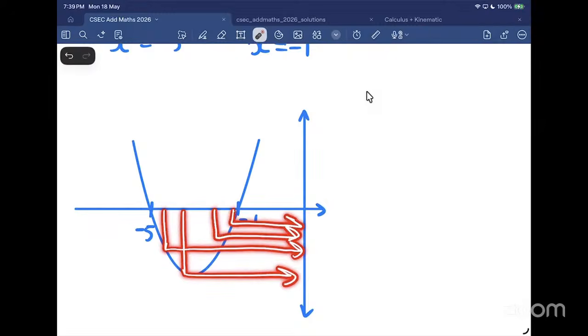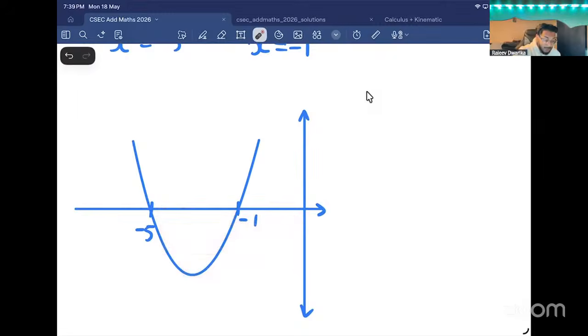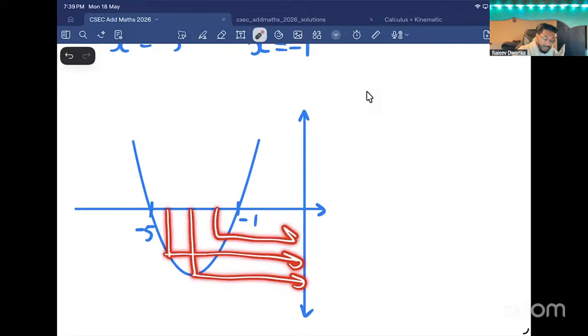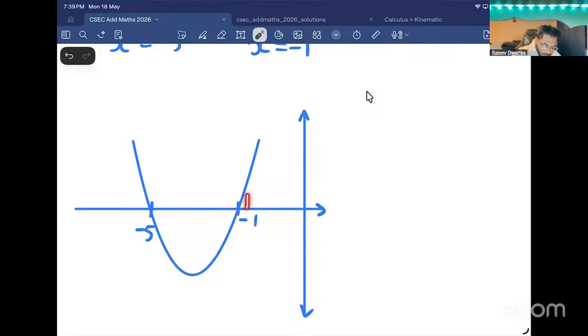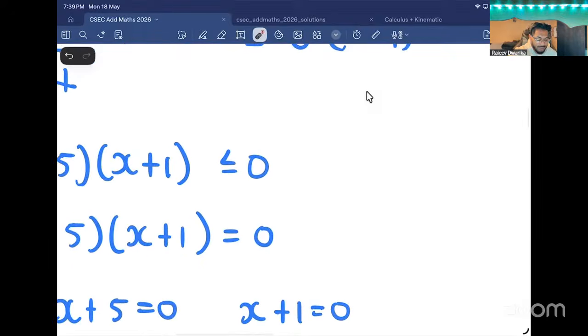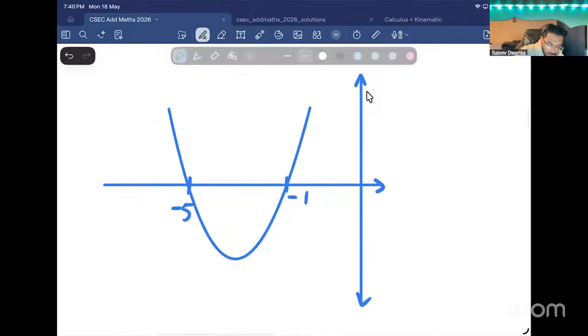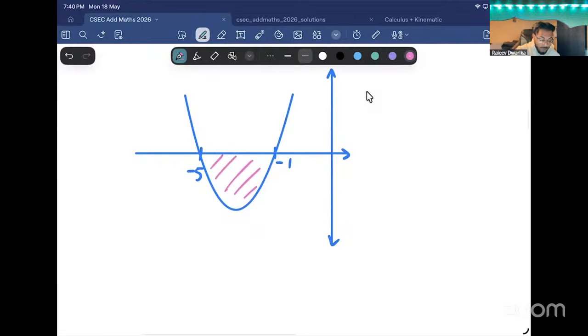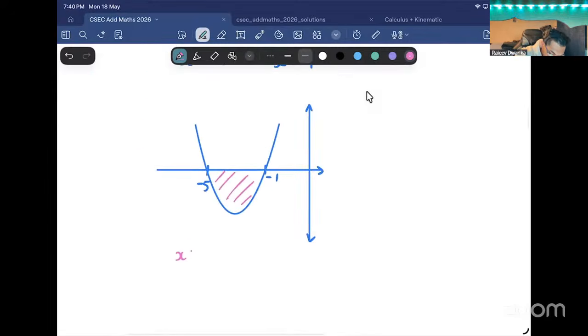Negative. Let's see now, right? If I take a value between minus 5 and minus 1, then my solution, you can clearly see, is a negative output. If I were to pick a value for x on the outer regions, it's going to give me positive values, but that's not what I want. I want less than or equal to 0. So my solution is going to be between minus 5 and minus 1. So I would say x is such that,